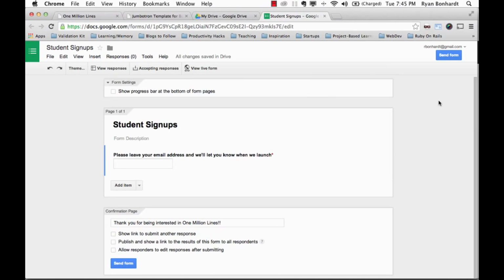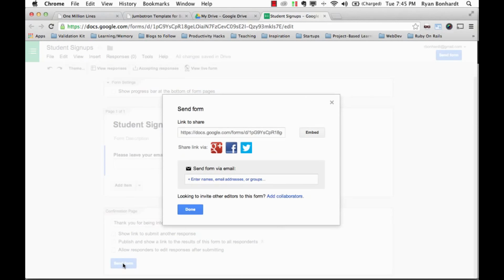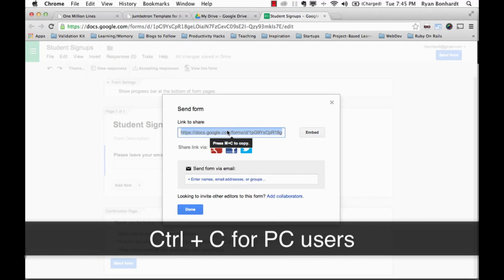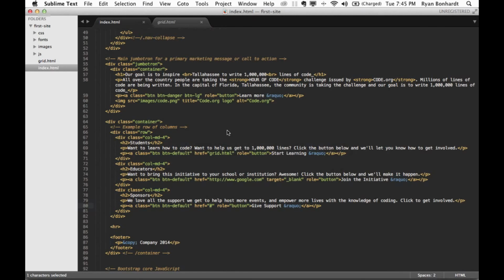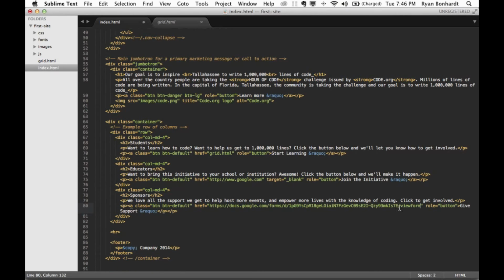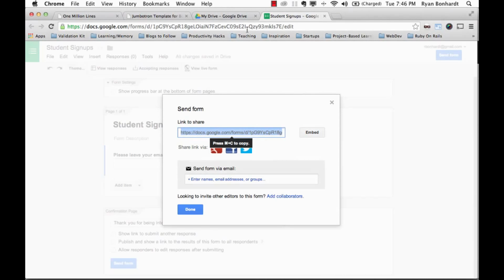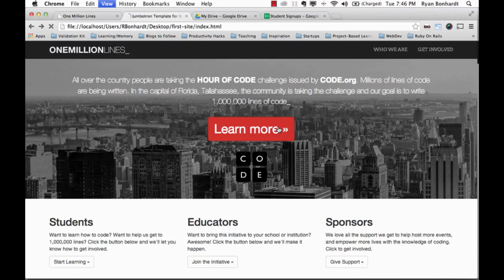Now we're going to say send form. We're going to grab this link right here. So you can do Command-C to copy it. Now we're going to go over to Sublime. We'll just go ahead and put it right here. And let's give it a target attribute of _blank so that it'll open a new window, save it, go over to Google Chrome, reload our page,